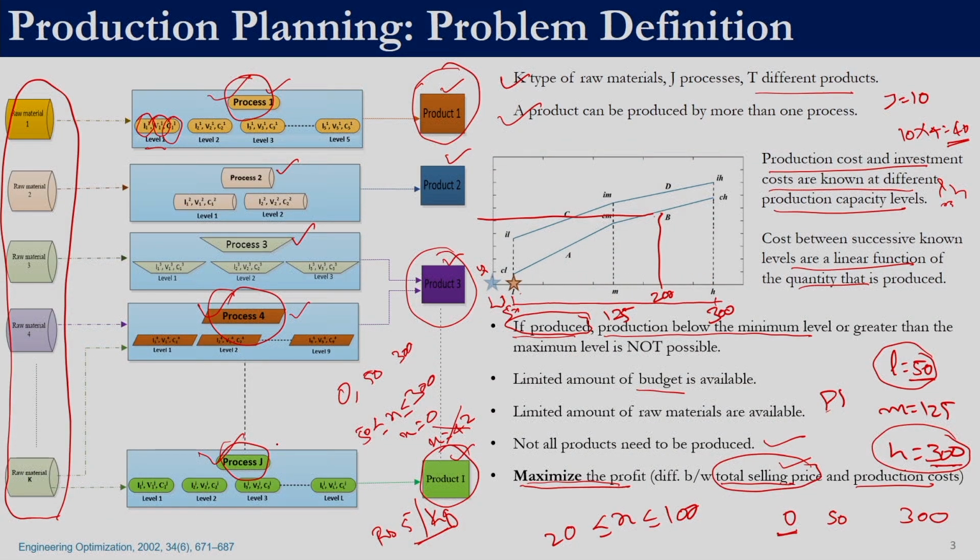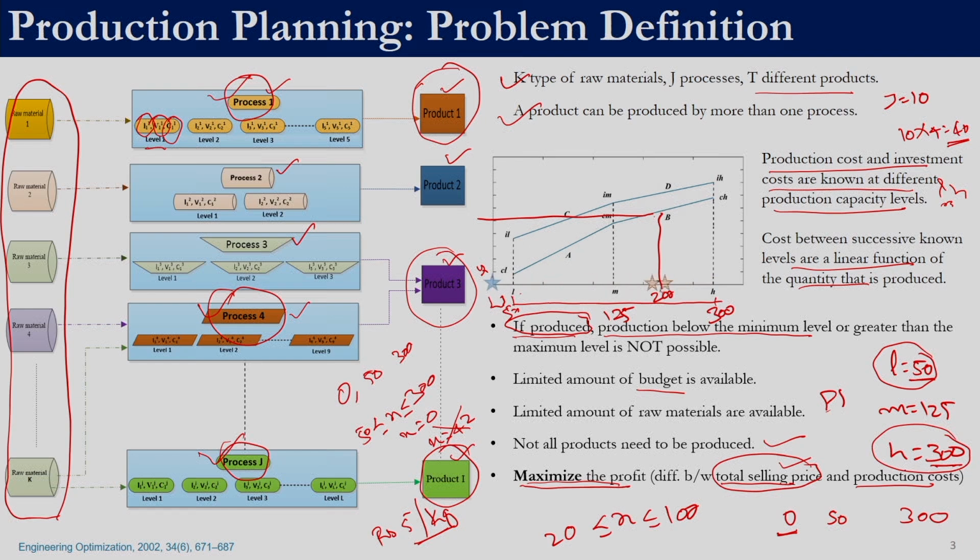So, right now these are our options. It is not like this plant is already existing, so we need to choose what to produce. Depending upon what we decide to produce, we will employ the appropriate process, and establishing a process itself is going to incur a cost. That cost is nothing but investment. So, if we decide to produce 200, then the production cost is what we have shown here.